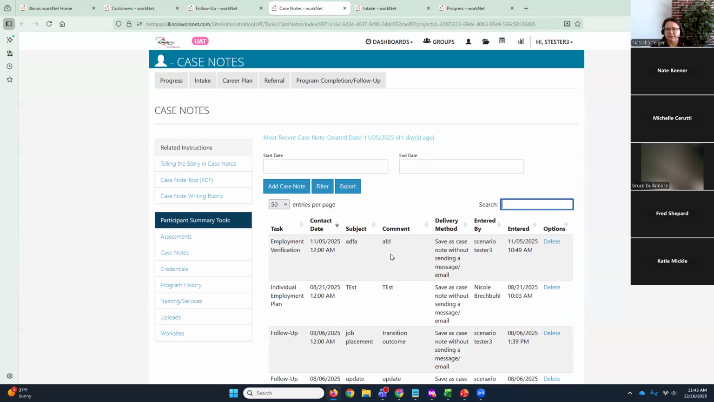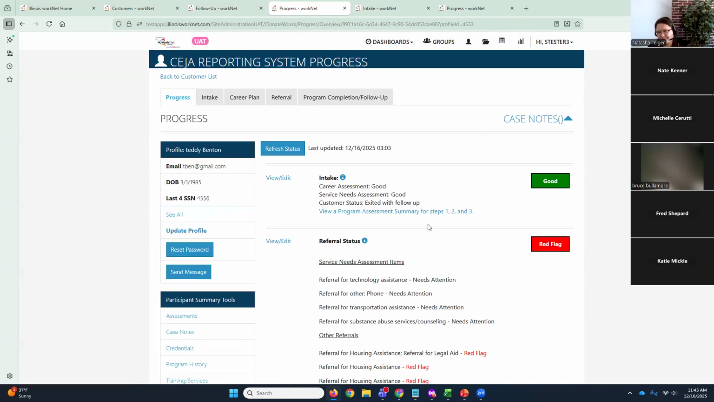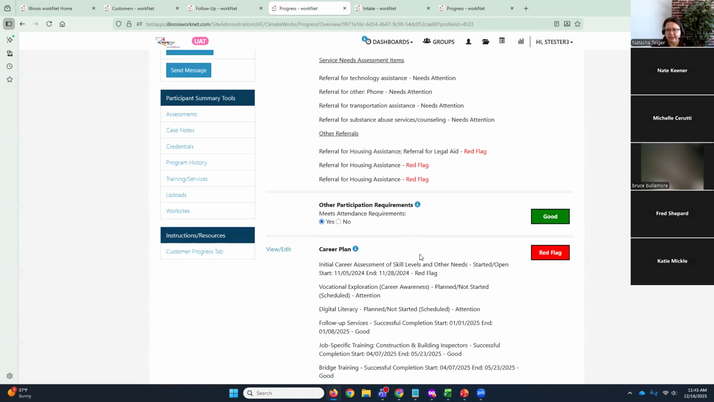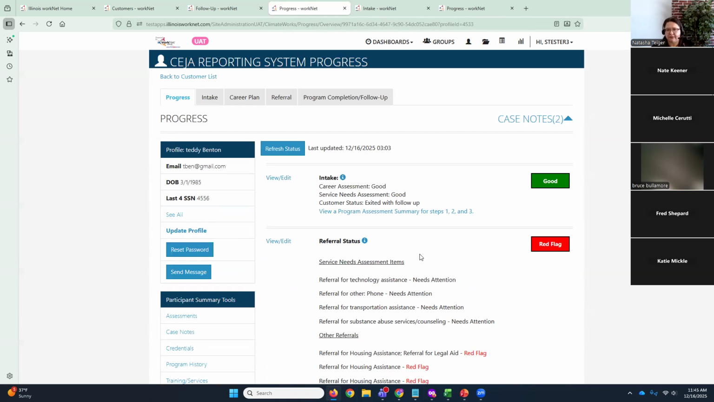Let's see here. So we do have a few other areas where you can look at information that's specific to this person. You can reset the person's password if they need to get into their Illinois WorkNet account, that's available right here. And let's see, I think those are the high level items. Oh,